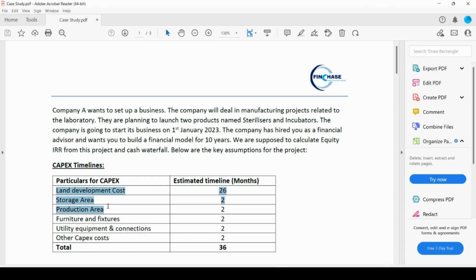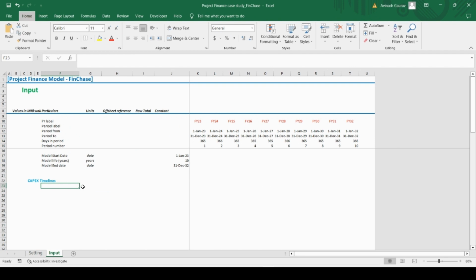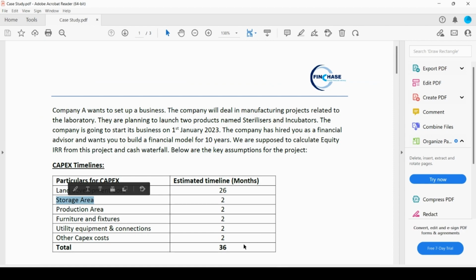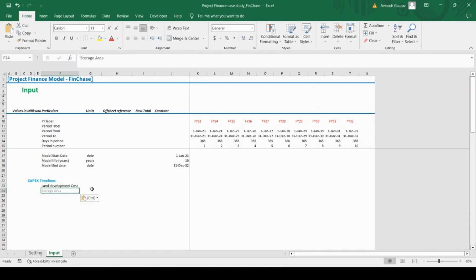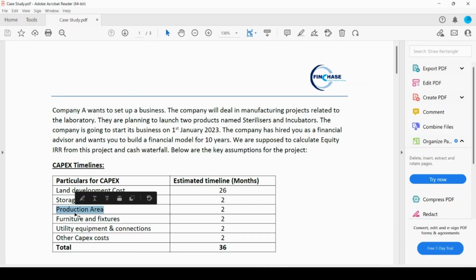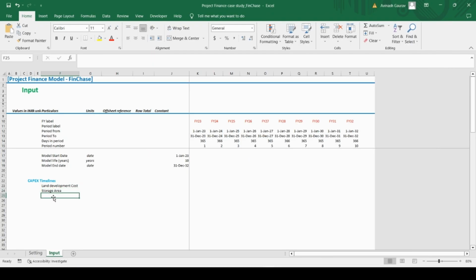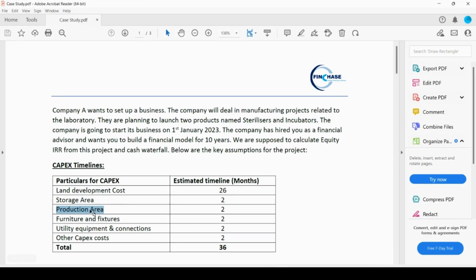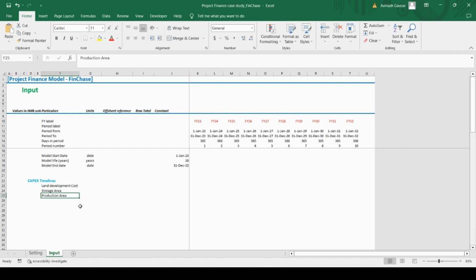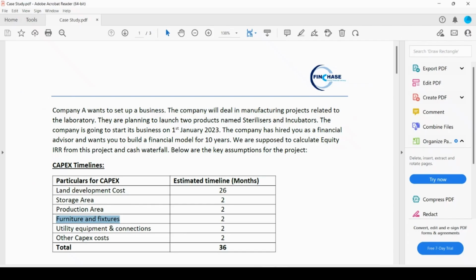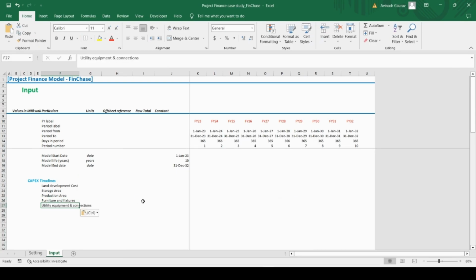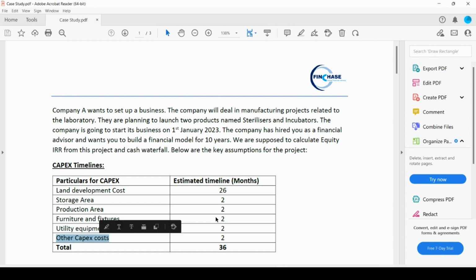We have land development costs, storage area, production area, furnitures and fixtures, utility equipment and connections, and other capex costs. So let's start putting this information in our Excel sheet, right? So I will just copy it, land development cost, then we have a storage area. Let's copy this quickly, guys. And then we have a production area. After production area, we have furnitures and fixtures. So let's put it furnitures and fixtures. And then we have utility equipments and connections. Then we have other capex costs,